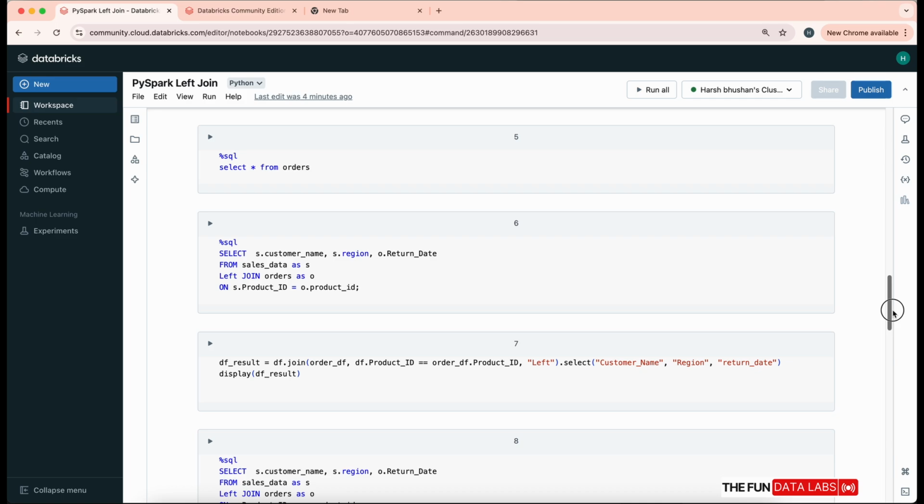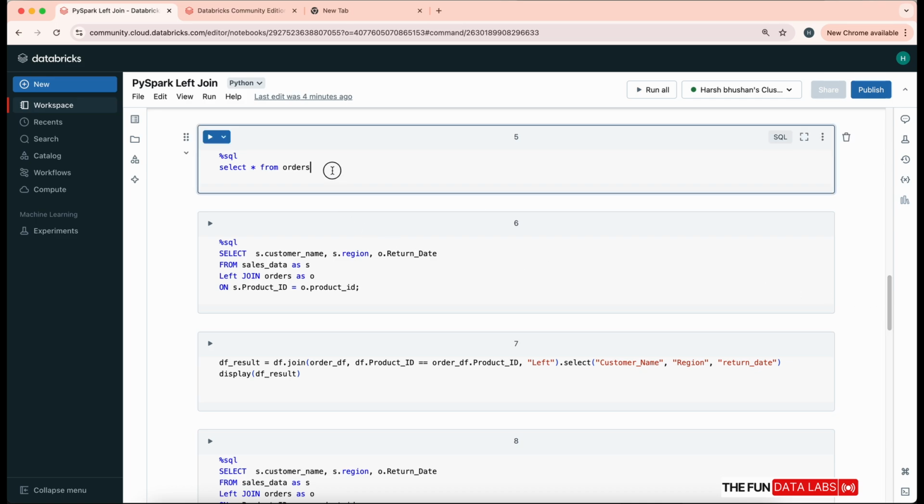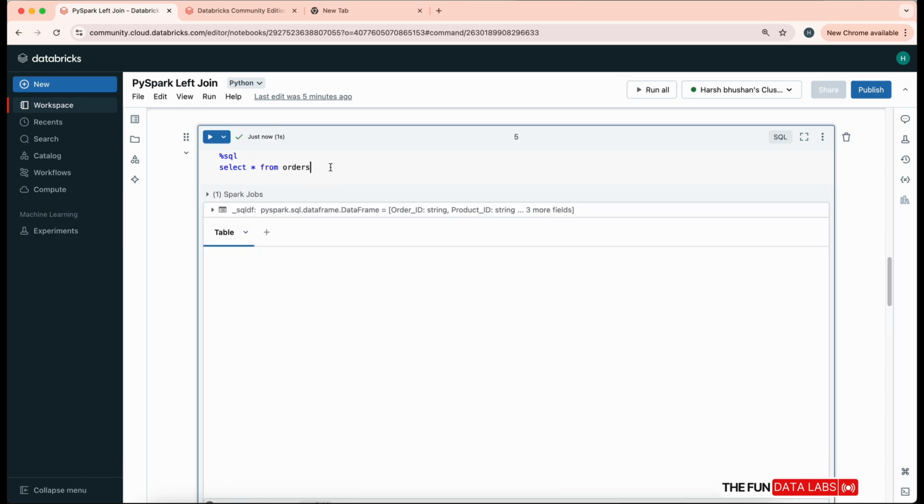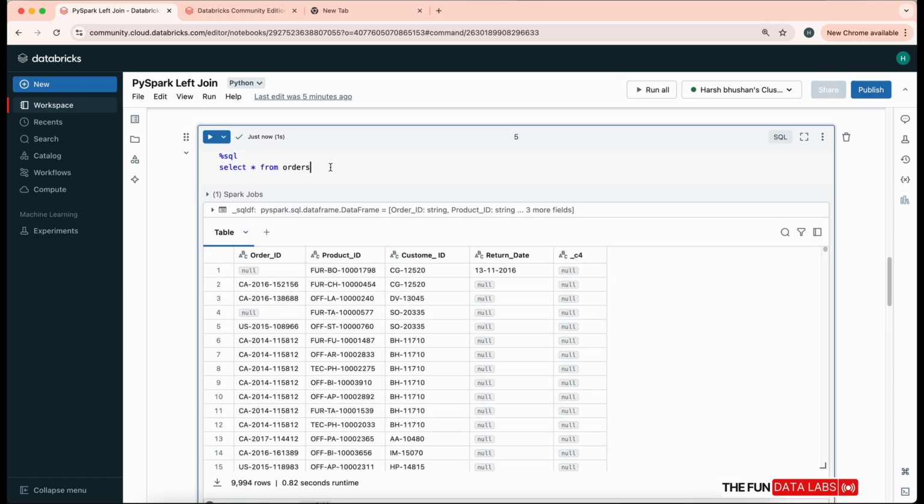We have a new table called orders. We are using select star on the orders table. As you can see, we have a few new columns. Order ID and product ID are the foreign relation columns from the sales table. Then we have the customer ID column. We have return date if the order is returned. Then we have the _c4 column, which is unnecessary in this case. In the next cell,